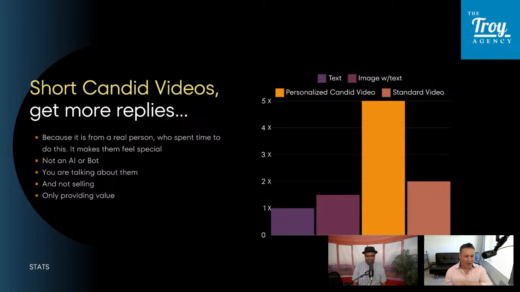You're looking at their profile as you're speaking, so you're talking about points that are really about them. Those things convert a lot better, and we found that candid video converts 10 times better, depending on the scenario.